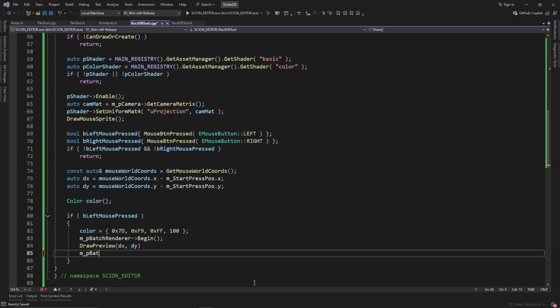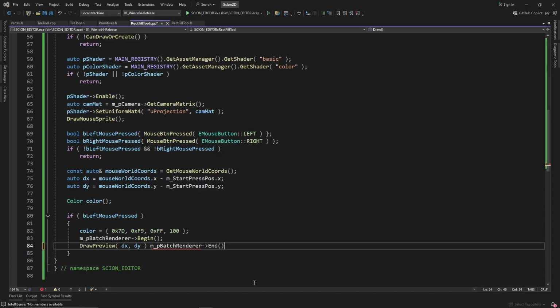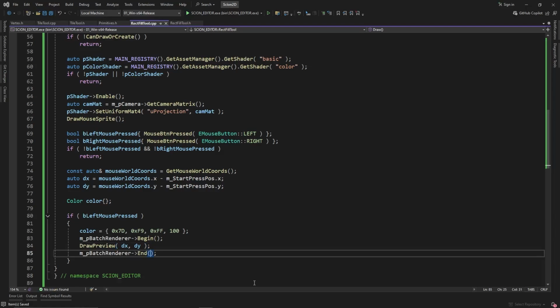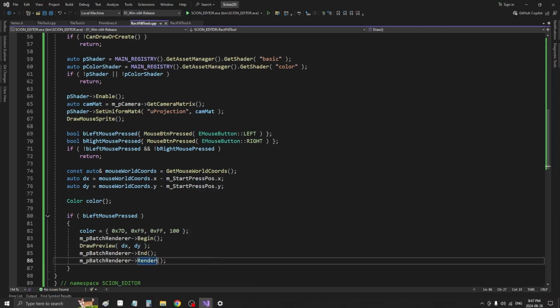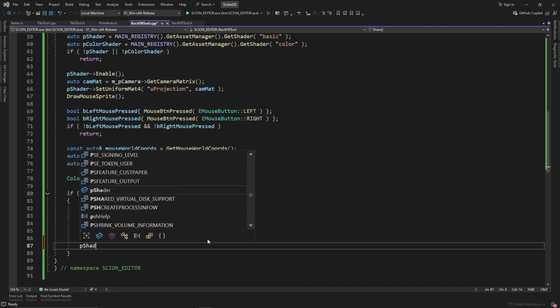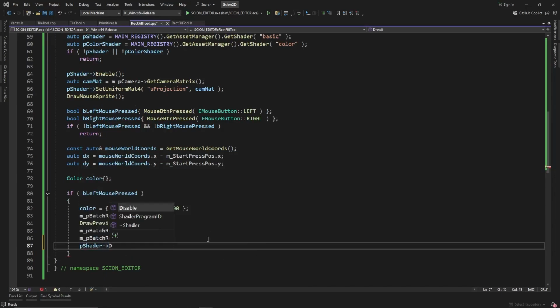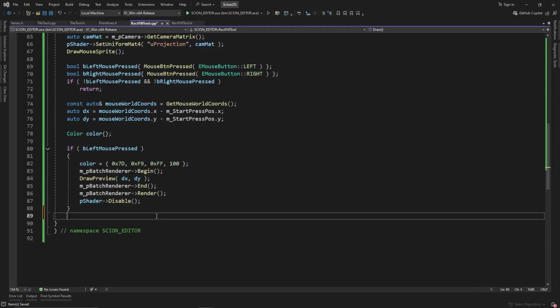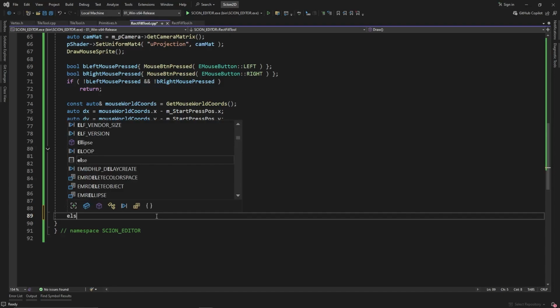MP batch renderer end. Must not have did that, sorry. And we also want to do render. And if we're here, we can just disable the shader. So shader disable. Cool. So if the right mouse button is pressed, all we need to do in here is go else